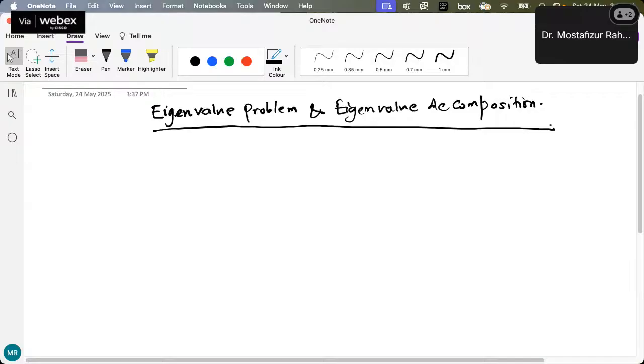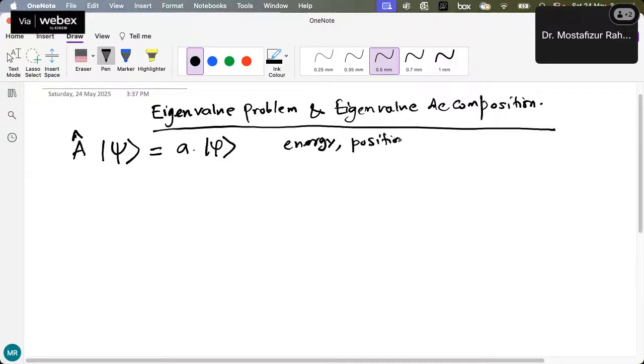I probably took some session in QT1, maybe 15-20 minutes. If you see the recording, I have shown that if you take any wave function, and you apply an operator, you get a quantity A times psi. So this is a matrix, this is a scalar. And if you are interested to calculate the energy of the system, the position of a particle, the momentum of a particle, or the frequency of a wave function, all these are